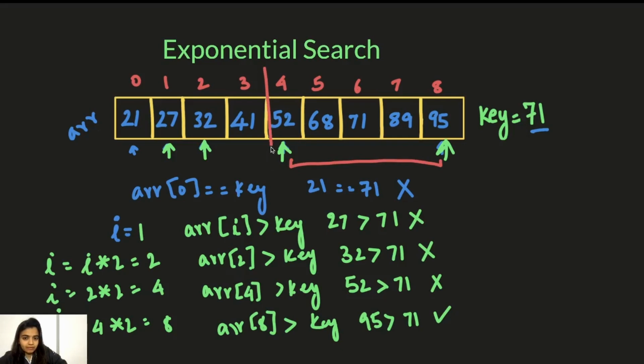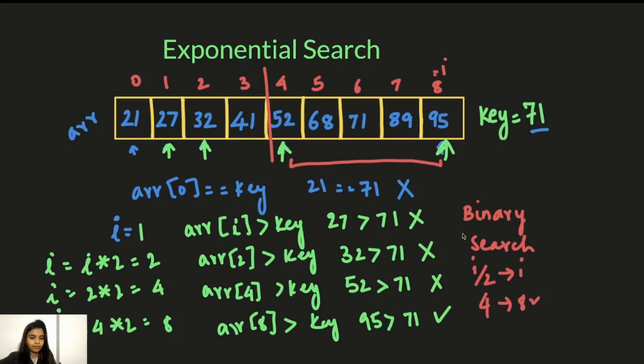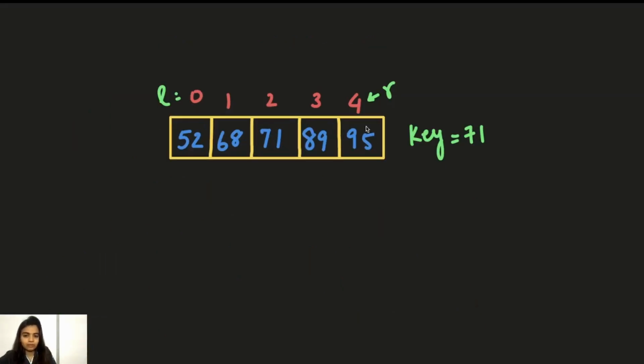That is, we break the array here and we'll apply binary search on this. So we apply binary search between, this is i currently, which is 8. So we apply binary search between i by 2, that is 4, and i. So between 4 and 8 we'll apply binary search now. I'll show this part of the array now, the subarray, and we'll do binary search on that. So here we have a subarray. The indices will get rearranged,